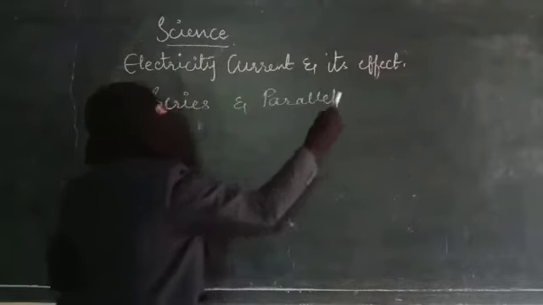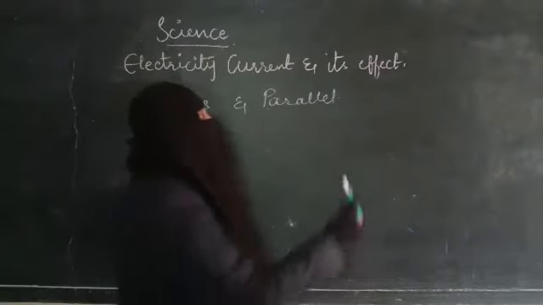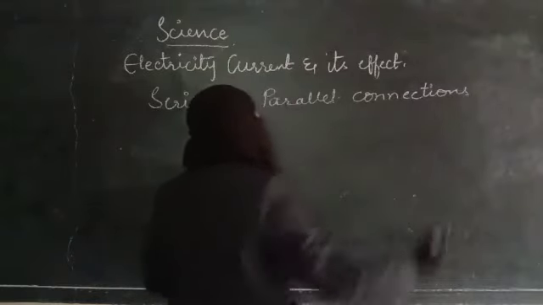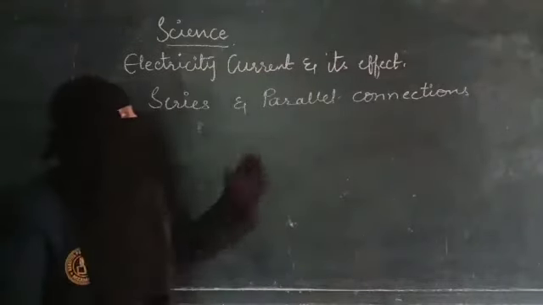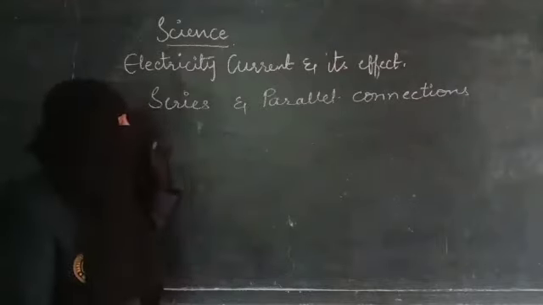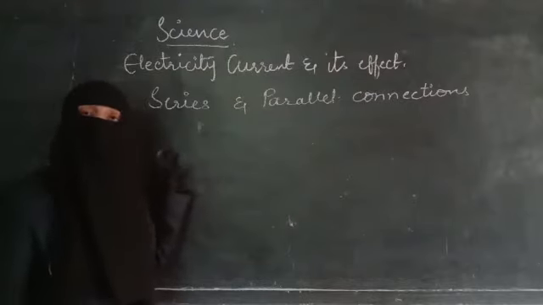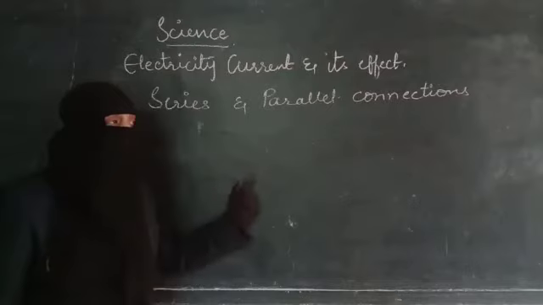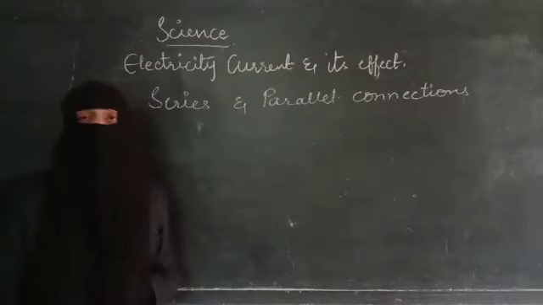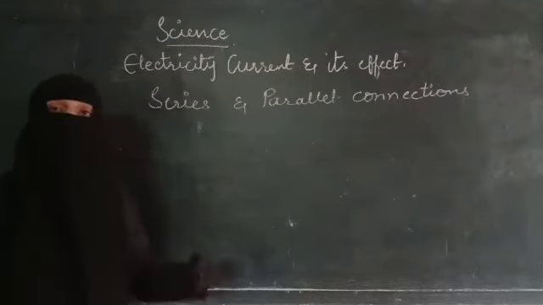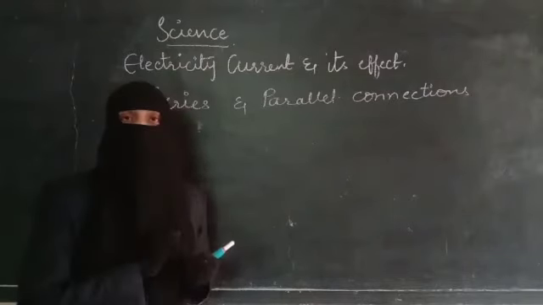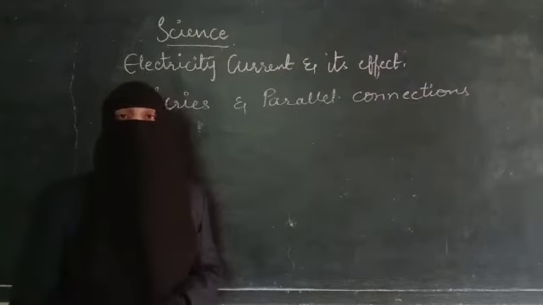These are the two different types of connections which we can find in our house or in our day-to-day life. So what is the difference between series connection and parallel connection? In series connection, the flow of current will be only one way, because all the electrical components are attached to each other in one way. If any one electrical component is not working, automatically the others will stop working. But in parallel connection, the flow of electricity can be two-way. If one electrical component is not working, then the other electrical component will keep working.